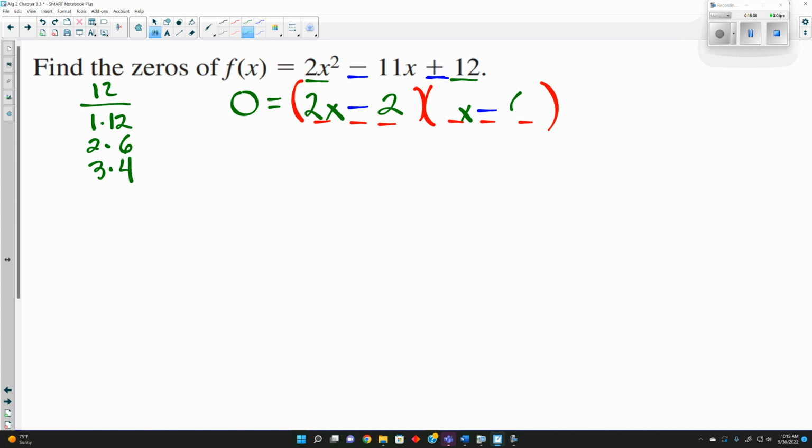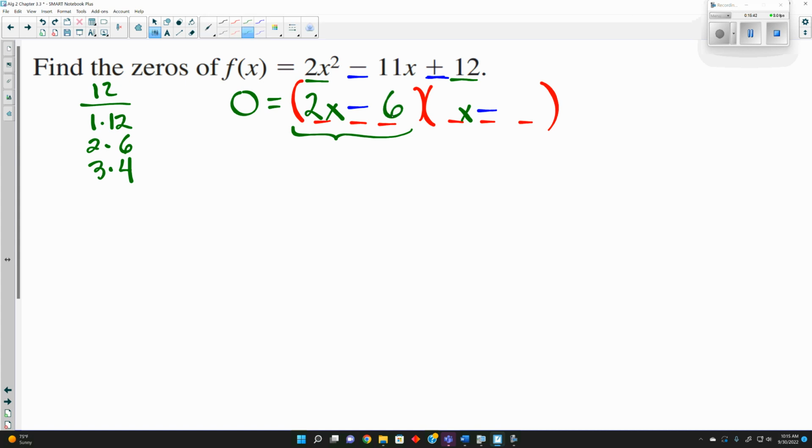So if we do 2 and 6, do these two have a common factor? Yeah. Did the original one have a common factor? No. So this one here, it won't work. If we try it, we'd have negative 12x minus 2x, which is negative 14x. But you can prove that. Now if we flip it,